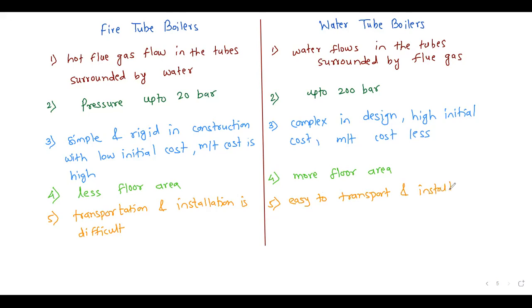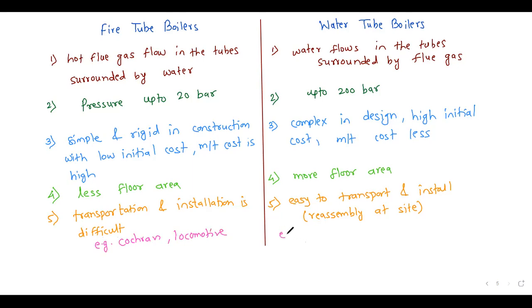Okay, because its various parts can be dismantled and you can do the reassembly at the site. So reassembly at site is possible, right? So these are some important points you have to remember, and examples, we have already seen a number of times. Example, you have to remember a Cochran boiler. Basically, the Cochran boiler is what? It is a fire tube boiler, or a locomotive boiler. It is also a fire tube, right?